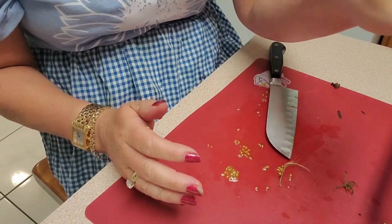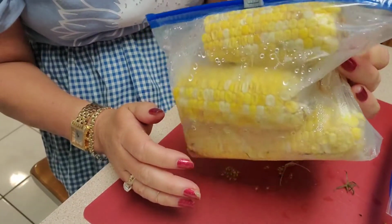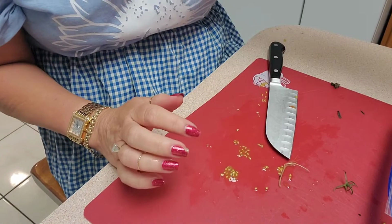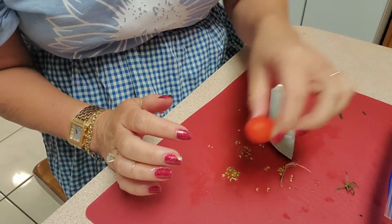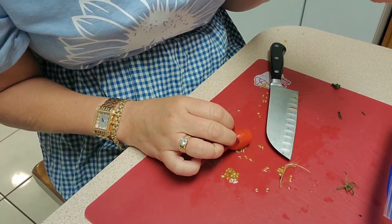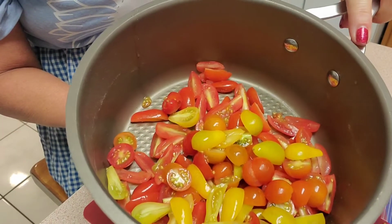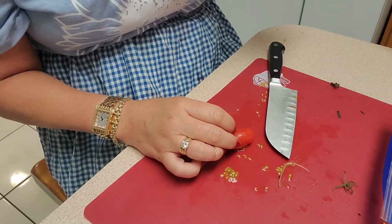I'm gonna have some jalapeno peppers in there, some corn. I cut them up, so they were big pieces of corn, but then I cut them up to fit in this baggie. Some red onion or white onion, whatever you have. Oh, this little guy got away. And does it call for anything else? Salt, of course, and some fresh lime juice. And then we're gonna simmer it in here, reduce the heat, simmer for about 5 minutes,